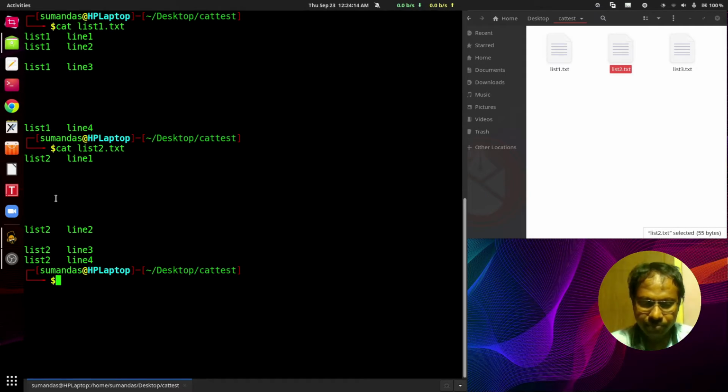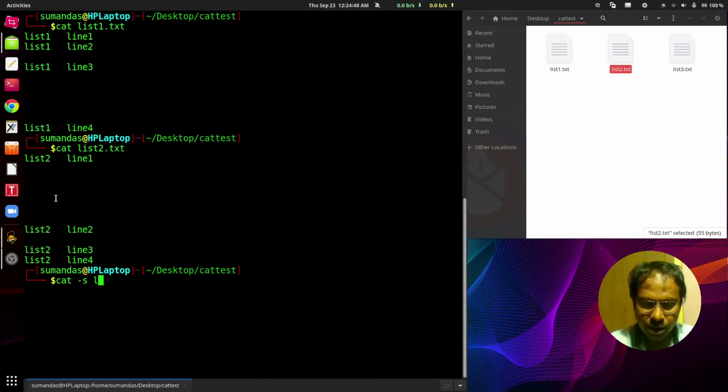At that moment, I am using another flag, that is cat -s. S means squeezing the blank lines. If there are more than one blank lines, then all the blank lines would be squeezed, and then it would be only one blank line.